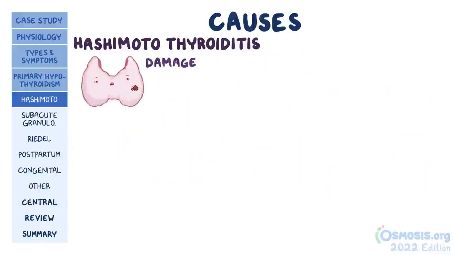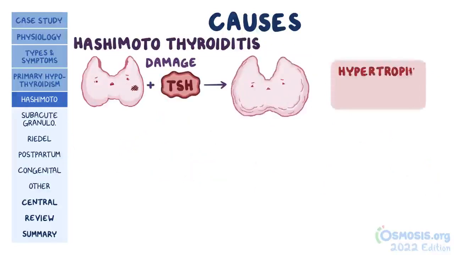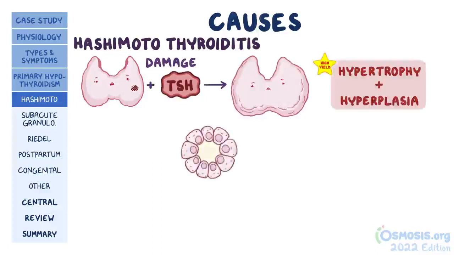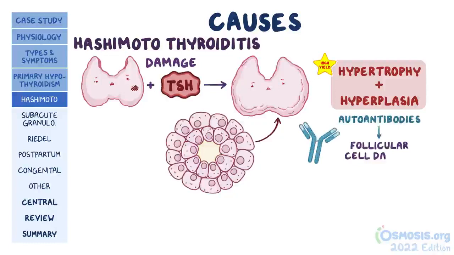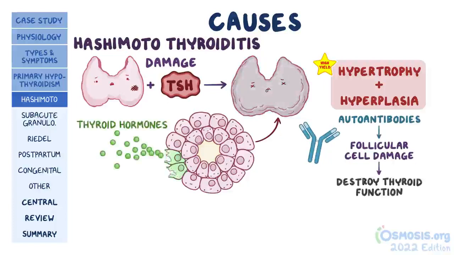Damage to some parts of the thyroid and the subsequent increase in TSH leads to thyroid hypertrophy and hyperplasia. In other words, the thyroid responds to autoimmune damage by increasing the size and number of healthy follicular cells, both of which causes the thyroid to enlarge. Unfortunately, this compensation is short-lived, and eventually the autoantibodies cause so much follicular cell damage that they destroy thyroid function altogether. In the beginning, as the follicles rupture, they release a pretty high amount of thyroid hormones, resulting in an